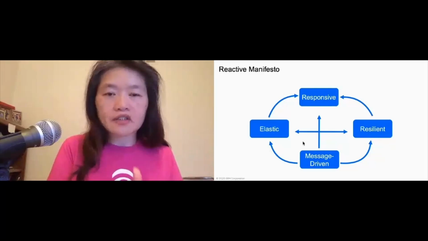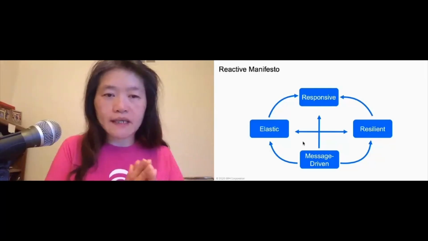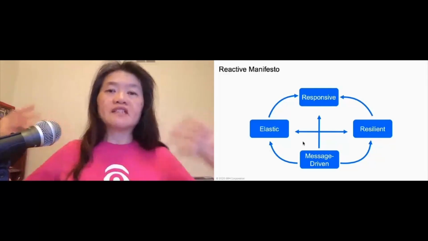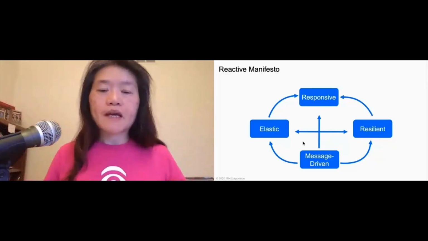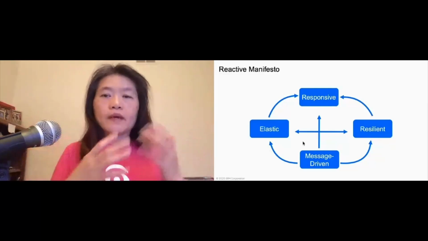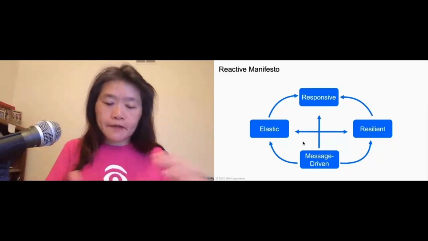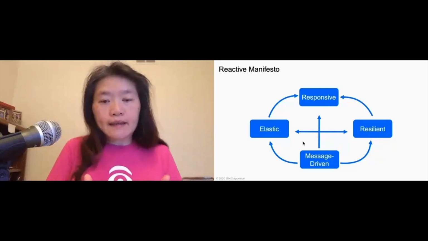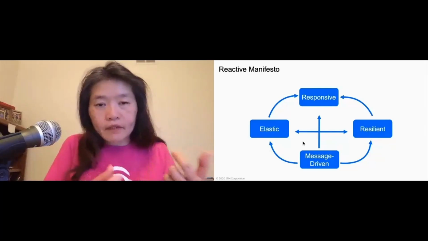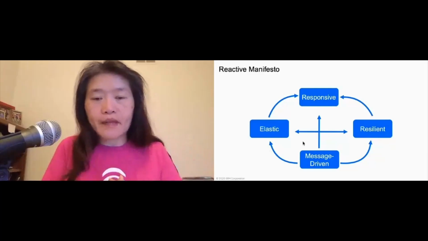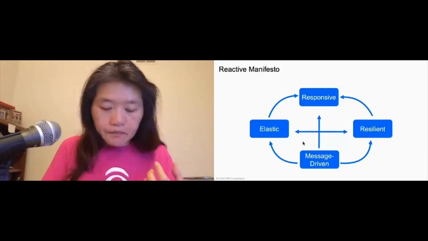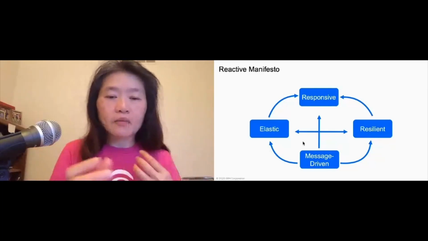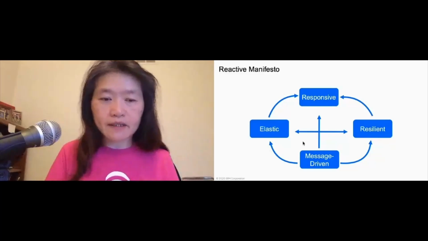You don't want responsiveness to degrade, too. The performance still needs to stay the same. All of these are possible because of the message-driven aspect of a reactive system. Message-driven indicates that there's always a request-response type of scenario in which your messages have a destination. Everybody is communicating through messaging. That also indicates that your systems are very loosely coupled, not tightly coupled, and they can all be passing messages to communicate among themselves.